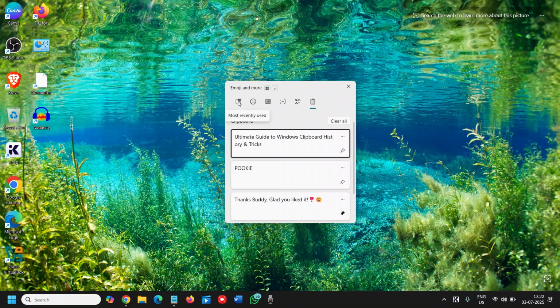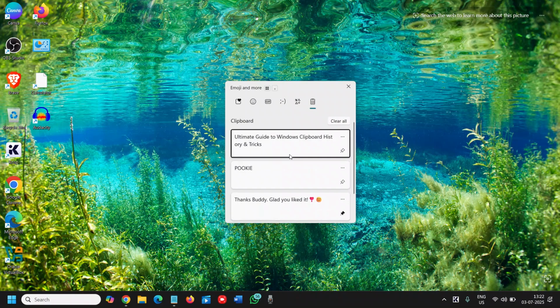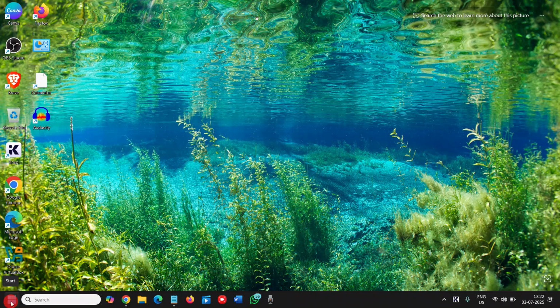And here you can also go with the emojis, GIFs, signs, symbols, and the last copied items. The best part is it will store the last 25 copied items. And how can we enable it? If you're unable to turn it on by pressing Windows and V, then you just need to do a right click